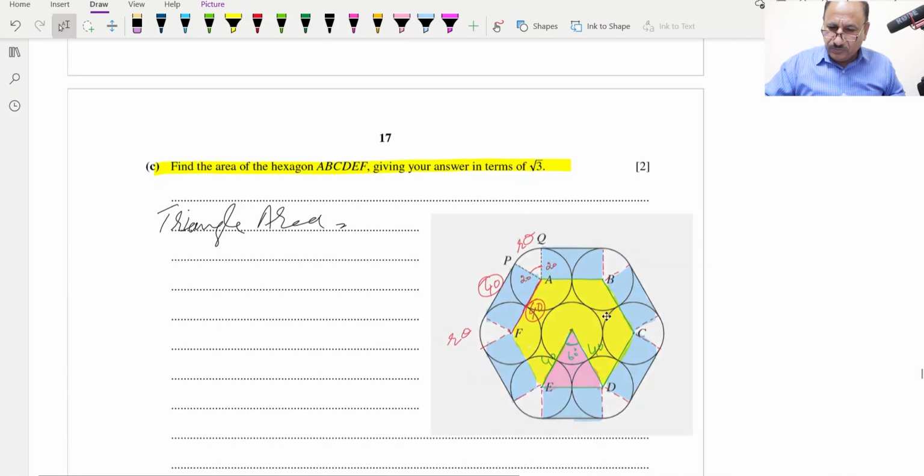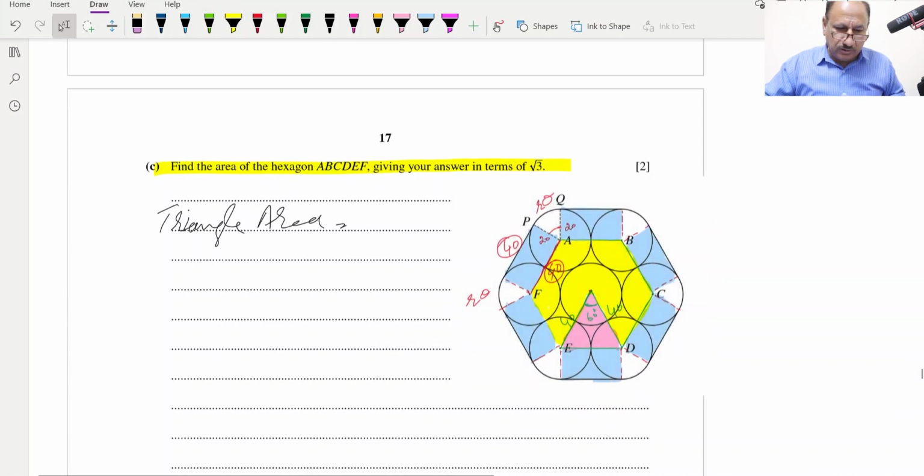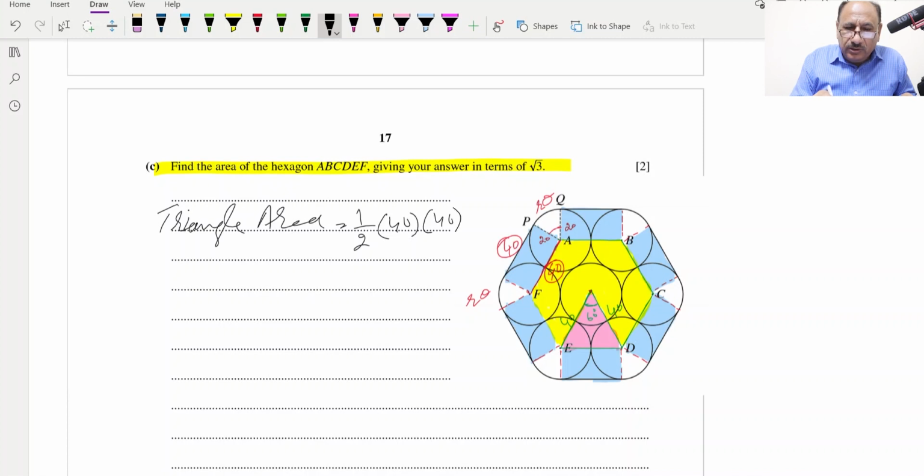So this is basically the triangle area which we are talking about. Triangle area is equal to what? Triangle area is equal to half into 40 into 40. See, this one is 40, this is 40, and this is also 40. So we are talking about this triangle, this one. The area of this triangle will be 1 by 2 into 40 into 40, and